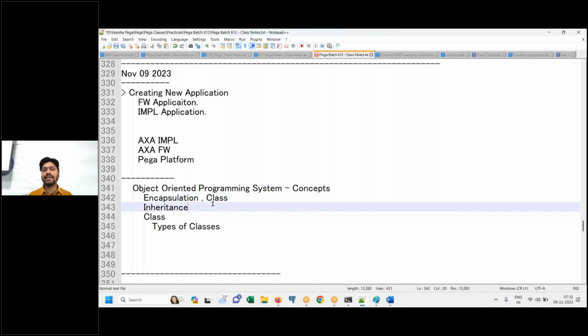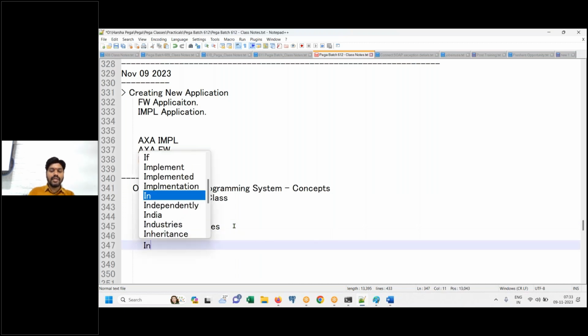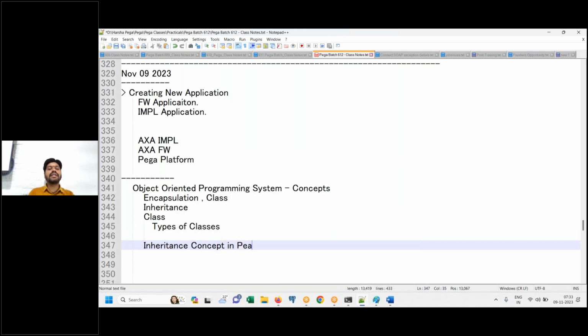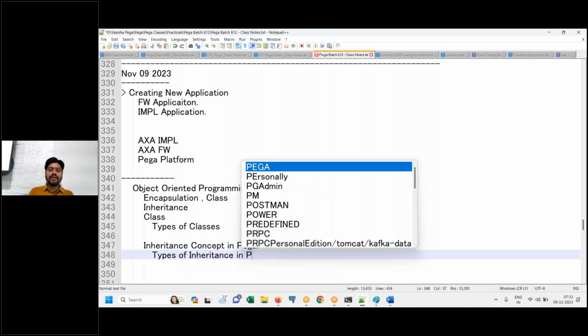Inheritance concept. Generally, you need to learn it. After you learn the universal object-oriented programming way, then you need to discuss class and types of classes universally. Then next one, inheritance concept in Pega, meaning Pega inheritance and types of inheritance in Pega.